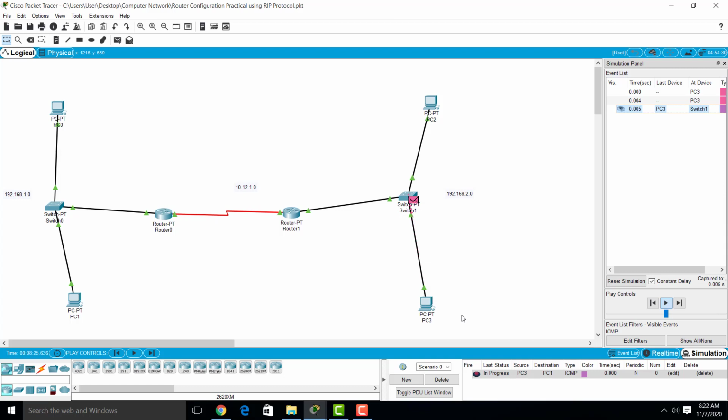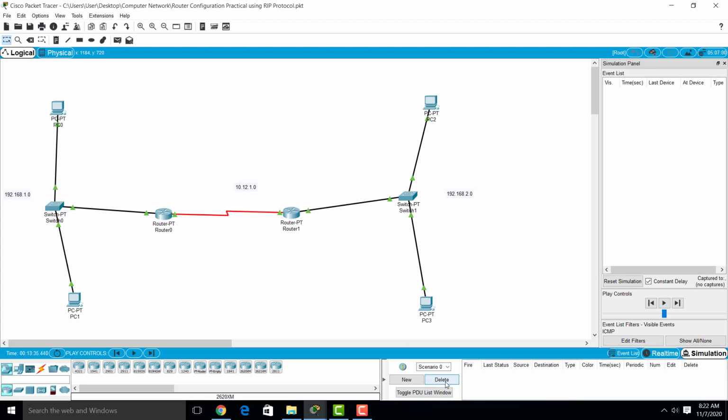See here, the message is transmitted from PC3 to switch 1, from switch 1 to router 1, from router 1 to router 0. There is some problem. We will send this message once again.